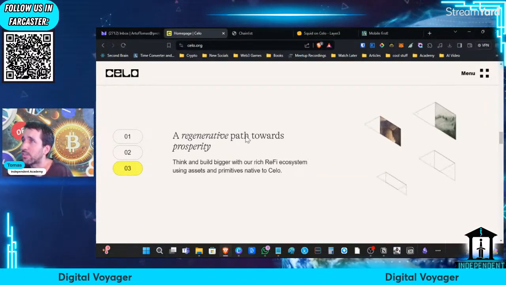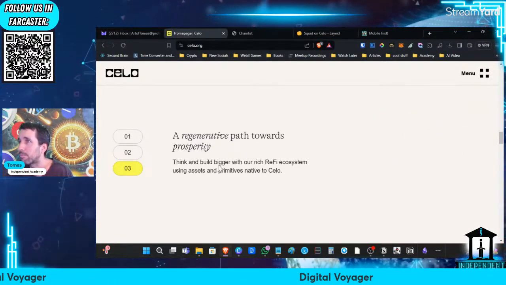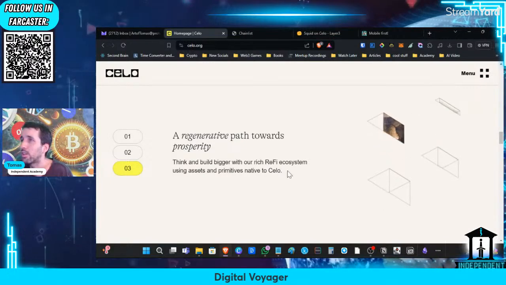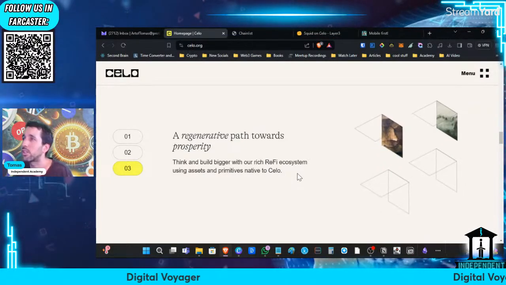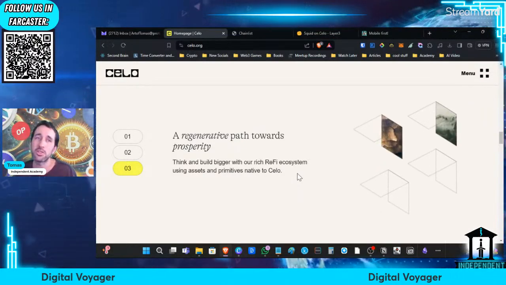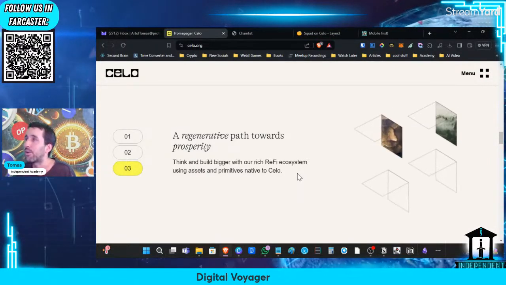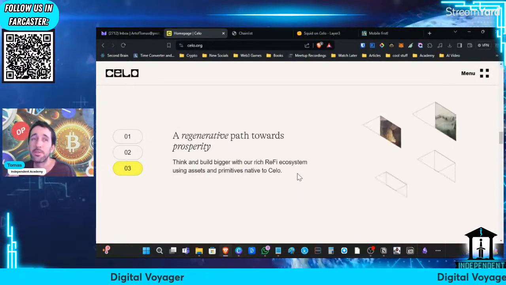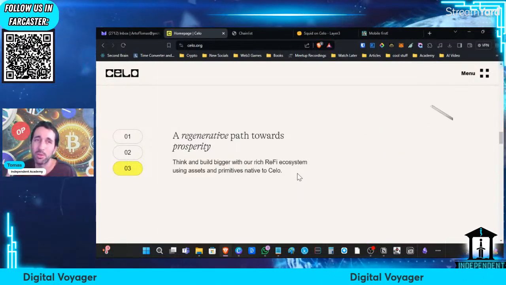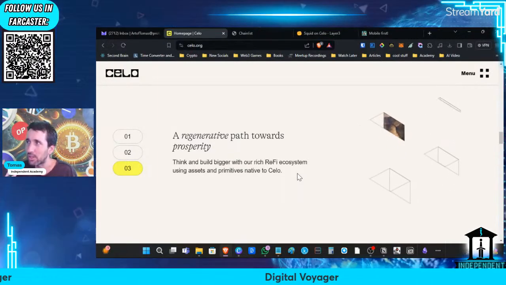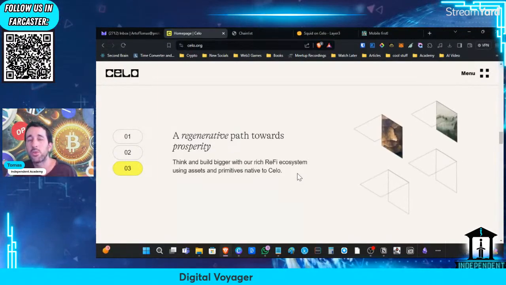A regenerative path towards prosperity. Think and build bigger with a rich ReFi ecosystem using assets and primitives native to CELO. So ReFi is short for regenerative finance, and it's basically a way of asking how we can build financial systems that also help us regenerate the world around us.